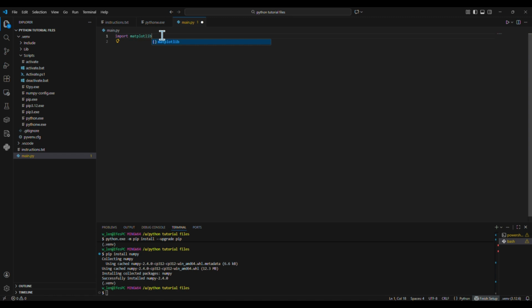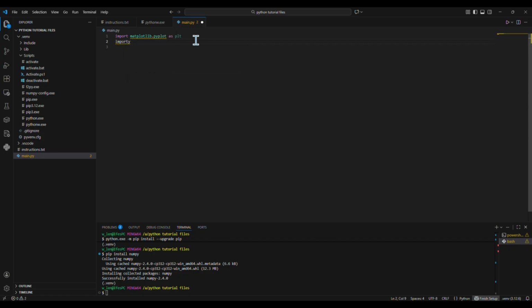Oh, I forgot to put this. Import matplotlib.pyplot, and let's do as plt. Let's do it as plt because that'll make it easier. I know we haven't installed this one yet, but now let's go ahead and do